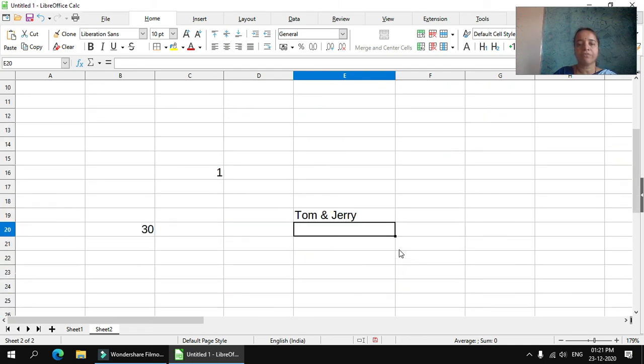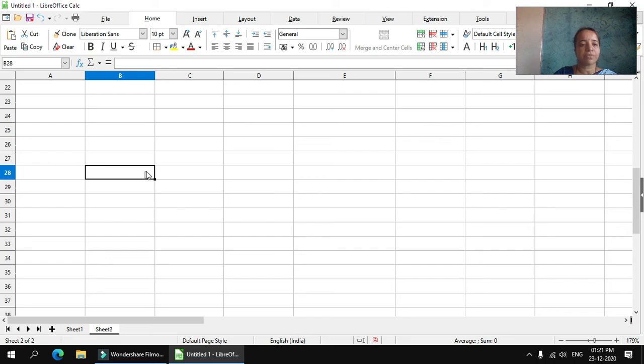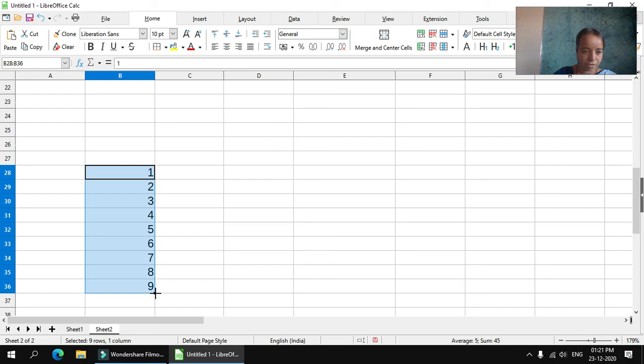Now here you have a fill option also. Fill facility is there. You can create a series of numbers like 1. If you type 1, select the cell, and click and drag the fill handle, this is the fill dot, below or to the right side, it will fill the numbers. A series of numbers is filled here, 1 to 10.